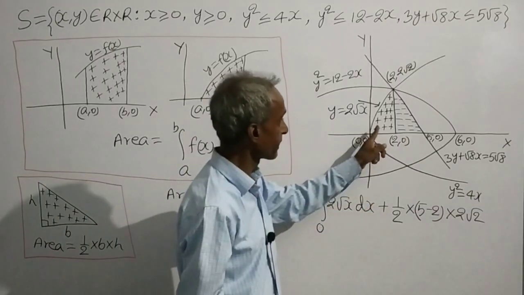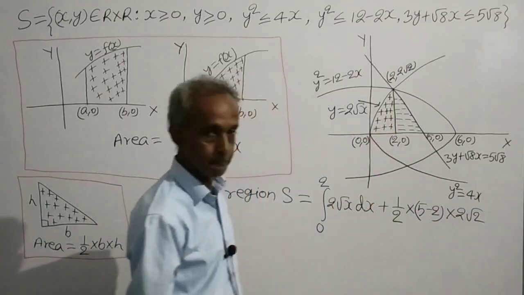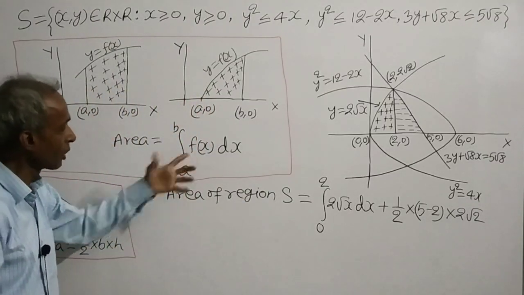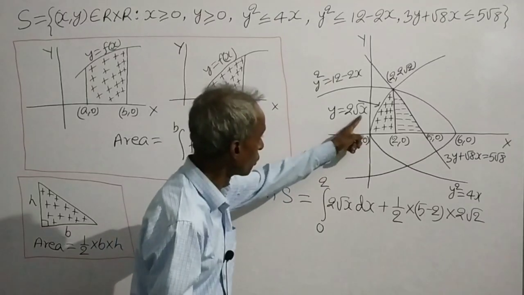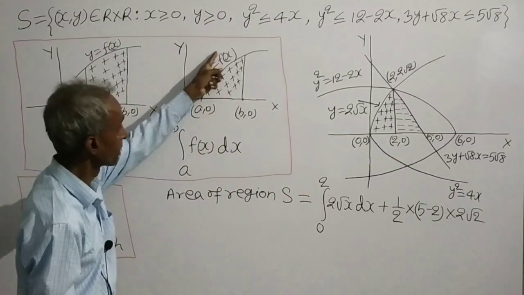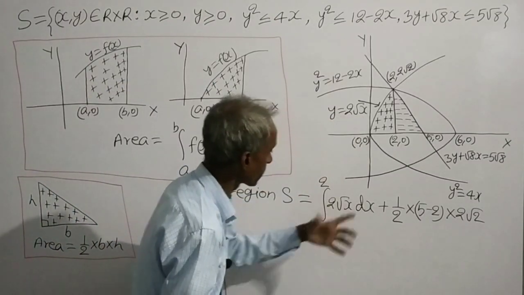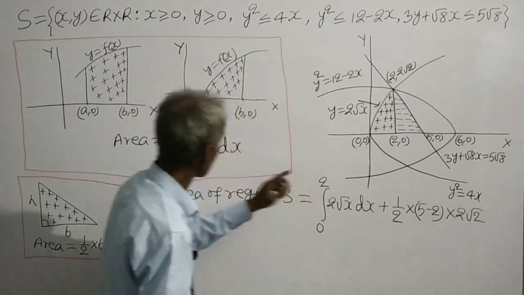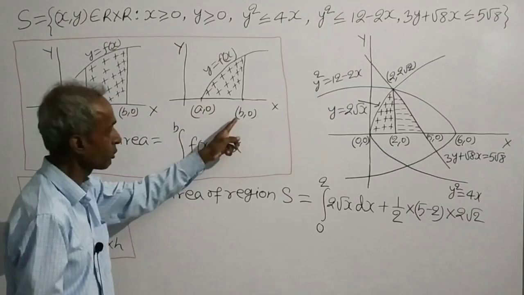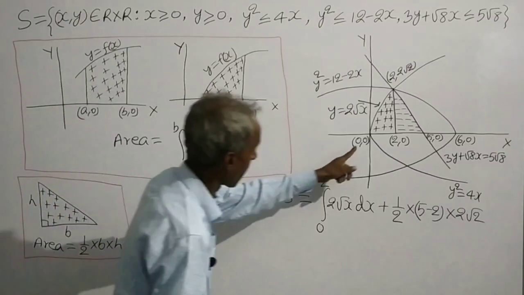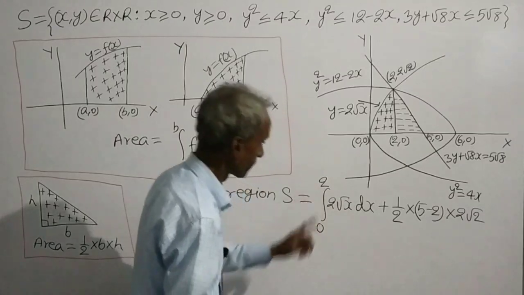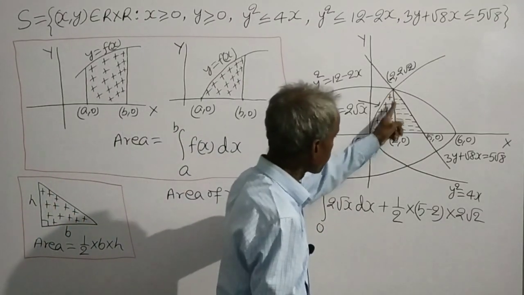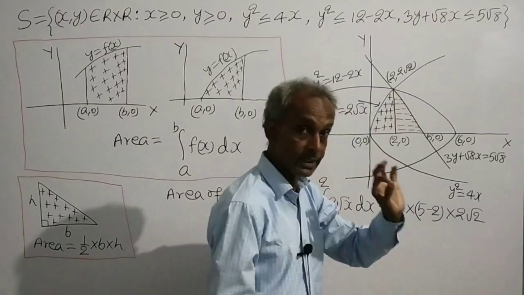Therefore, the area shaded by plus sign will be given by this formula as 2 root x, f(x) means 2 root x, 0 to 2, x-coordinate of this point to x-coordinate of this point, 0 to 2, plus